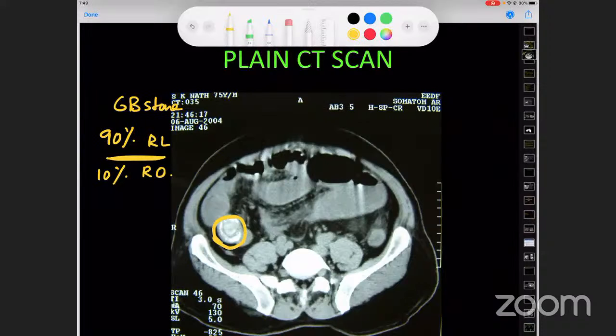On CT scan, there is a software scale which we name the Hounsfield unit, and it is nicely calibrated in a way where air is minus 1000 Hounsfield units, and fat, which is black,